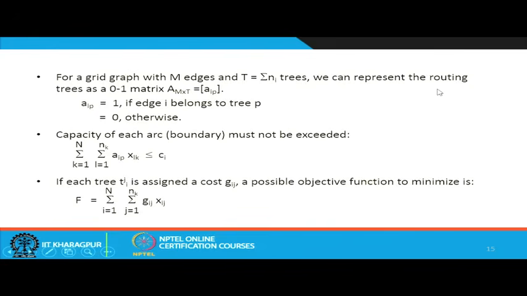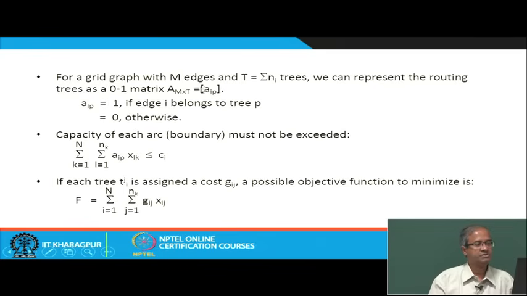So, the routing problem we can define as follows: we define a matrix capital A which will have dimension m cross T. So, m is the number of edges, that many rows, and the number of trees as the columns, and the coefficient will be 1 if an edge belongs to a particular tree and 0 otherwise. So, this will tell you which tree is using which edges. So, you appropriately set